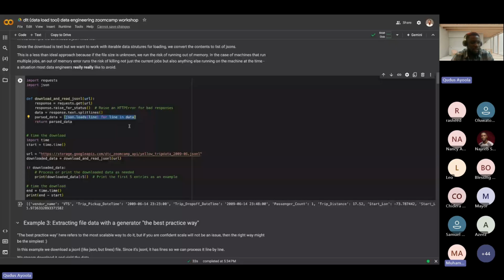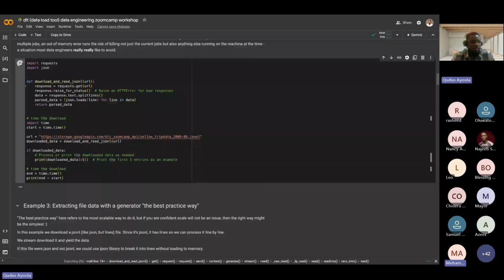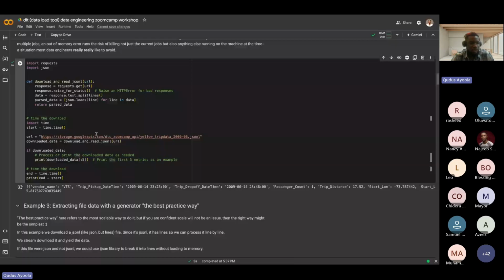So if we come right here, you see that every time you run this, even before you try to print the first 5 rows, it must have loaded all your data into this list.